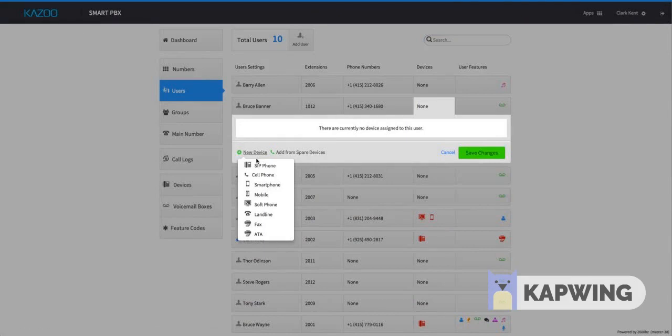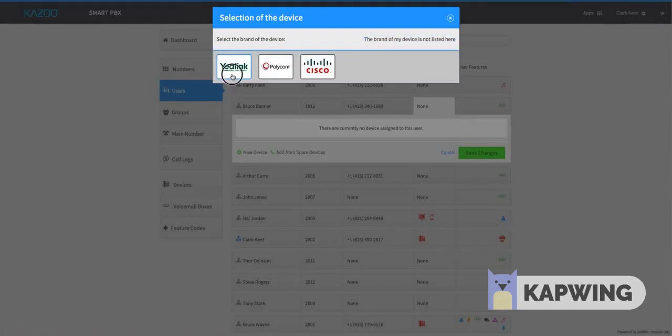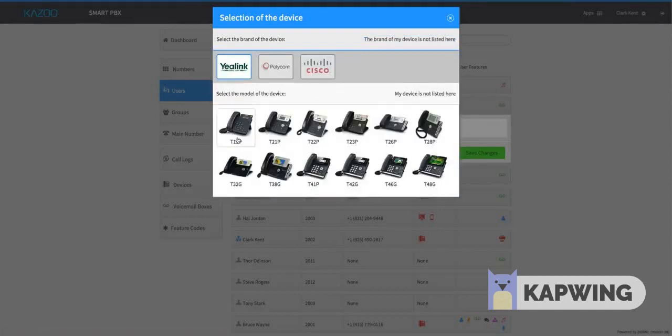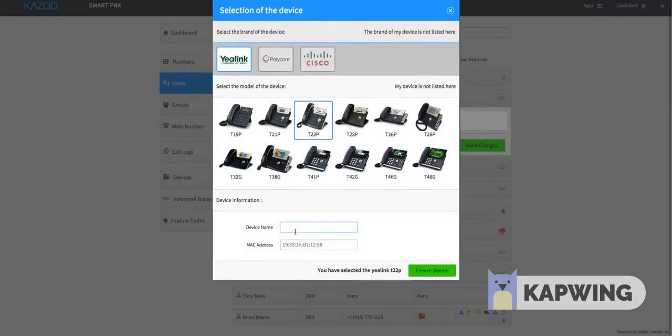If you are utilizing a business device, select SIP phone. Next, select the logo of the manufacturer of the device. Once the manufacturer has been chosen, available models will be displayed along with a picture of the device to provide easy identification. Clicking the image of the device will prompt you to enter the MAC address and create a name